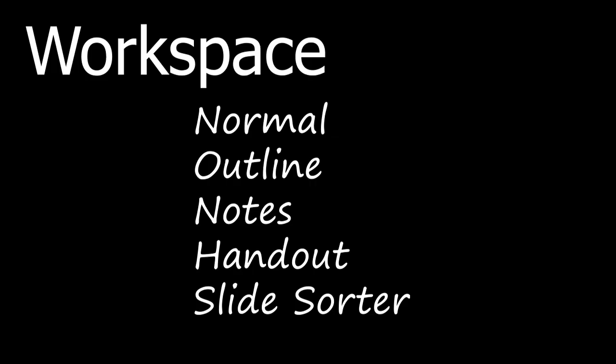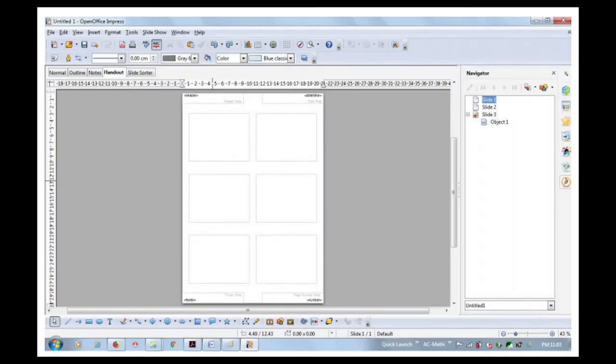Handout view is used for viewing the setting up of the layout in your slides for a printed handout. If you want the slides to be printed, you have to use this handout view. To do this, you have to click the handout tab in the workspace. Then you have to choose the layout in the task panel. Here you can choose the number, to print 1, 2, 3, 4 or 6 slides per page.